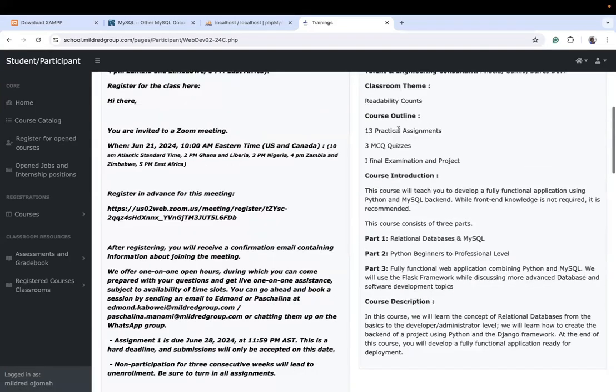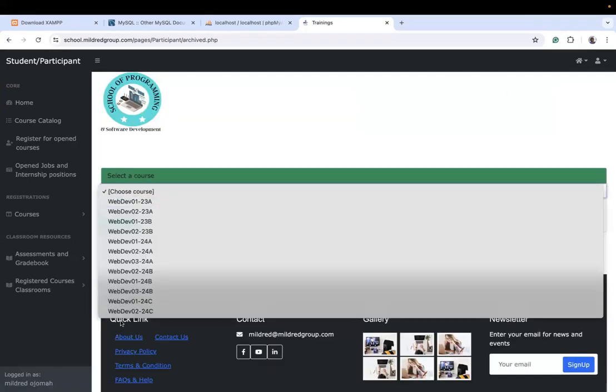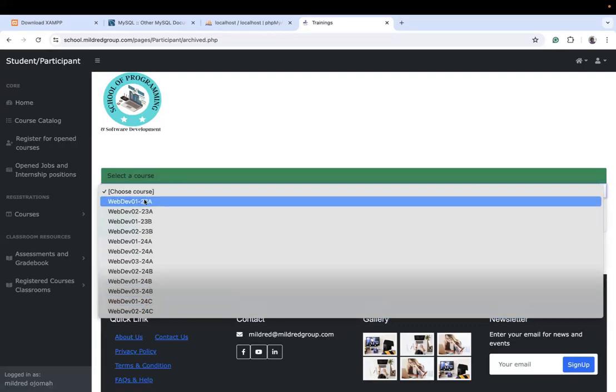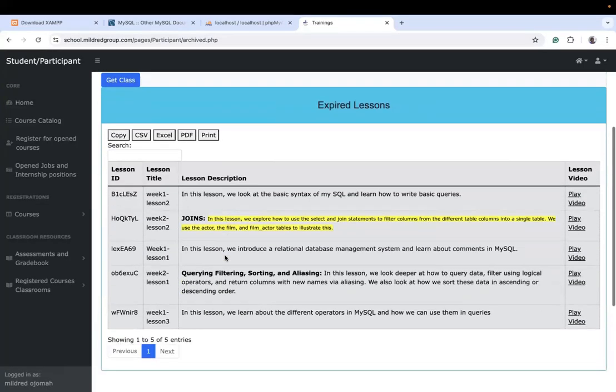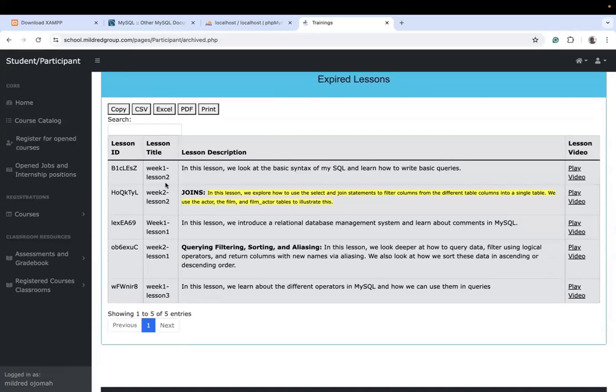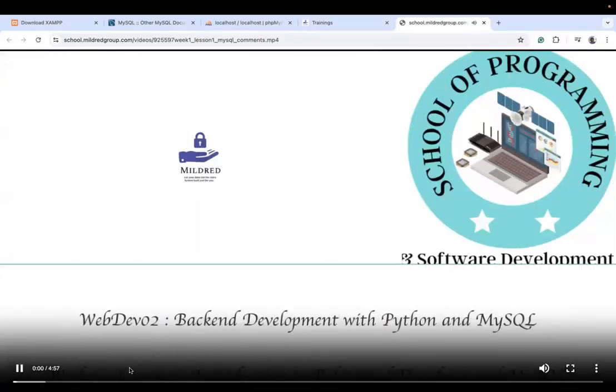So this is the course navigation. On the home icon here, we'll find coursework submission and then expired classes. If you want to download videos, we can come to expired classes here, select your course code, the course you are registered for, and then you see the different lessons that have been uploaded here. You play the video, and once you are on the video, you can select this icon here and click on download